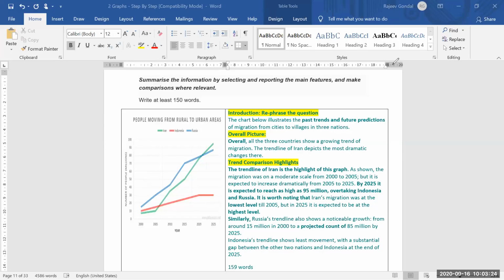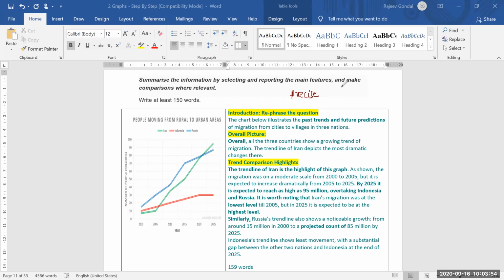Hello, in this presentation we are going to talk about how to describe a line chart or a graph wherein some future trends are shown. You're supposed to be very precise while writing about the graph, and for example, if you look at this, it is written in just 159 to 160 words,